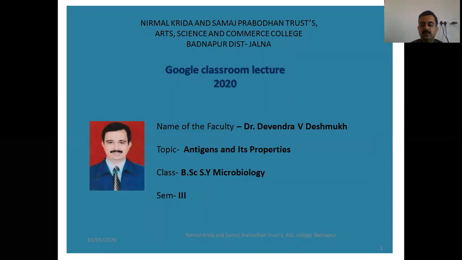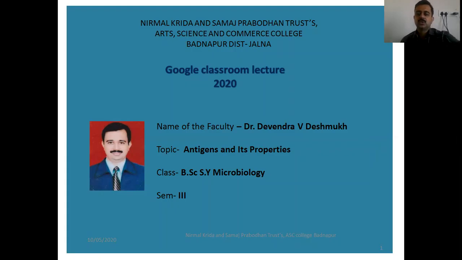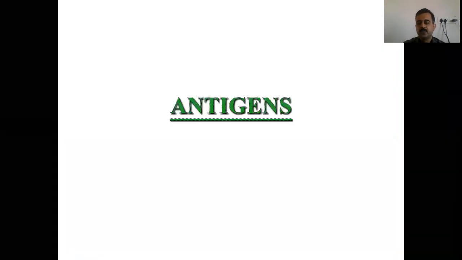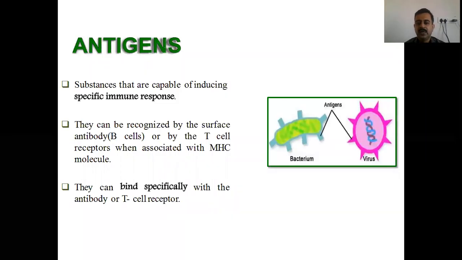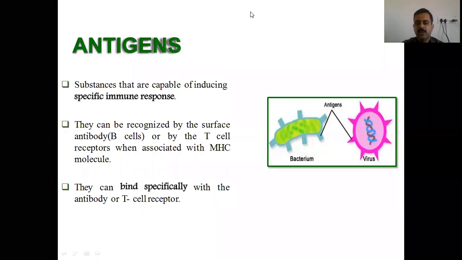Today we are going to see an important part of immunology, the antigen and its specificity. So let us understand what antigens are and what roles they have in the immunological system. We need to concentrate on antigens because this is an important point associated with the immunological system. So let us understand antigens in a very correct and perfect manner.